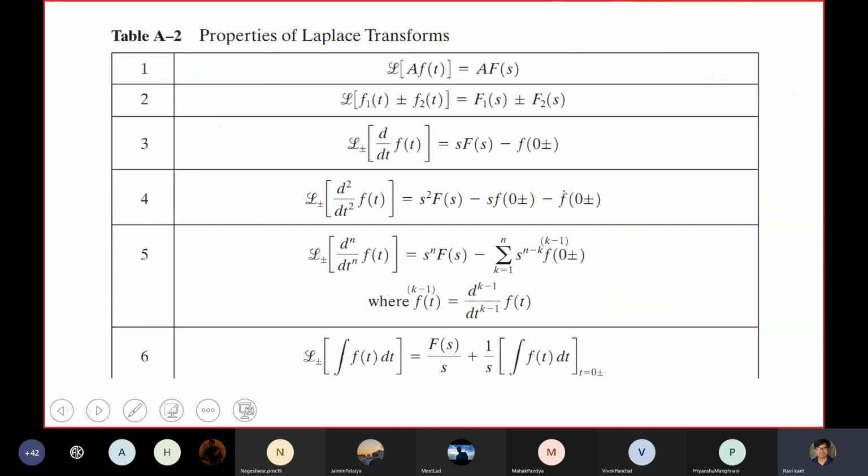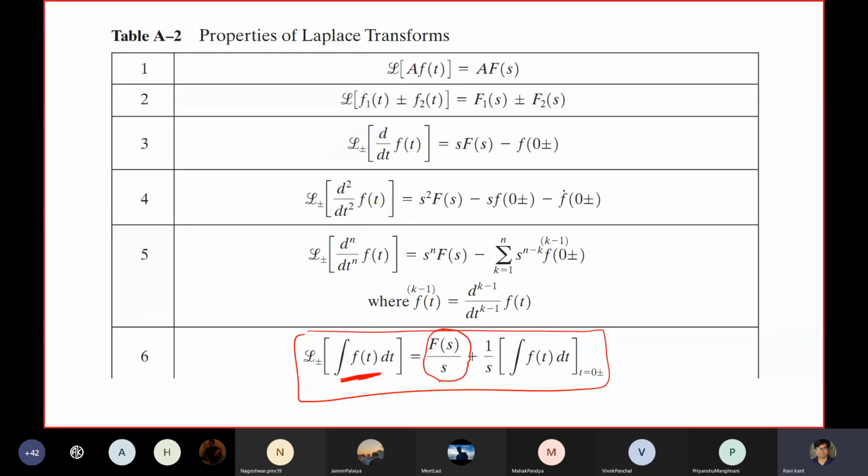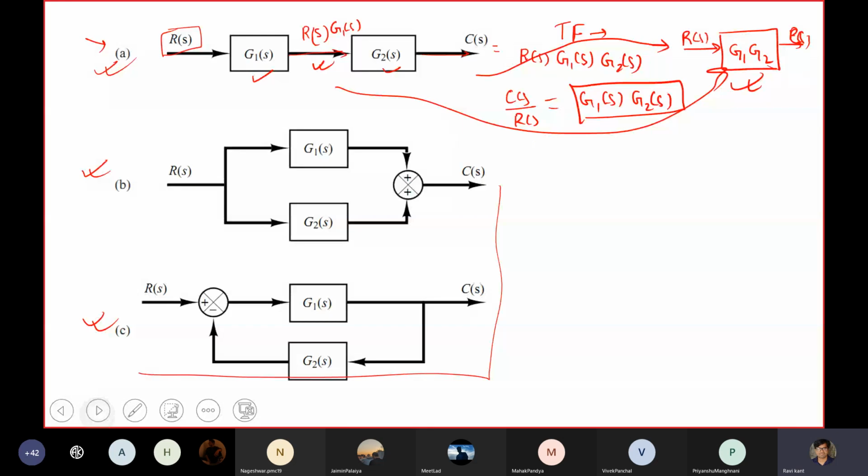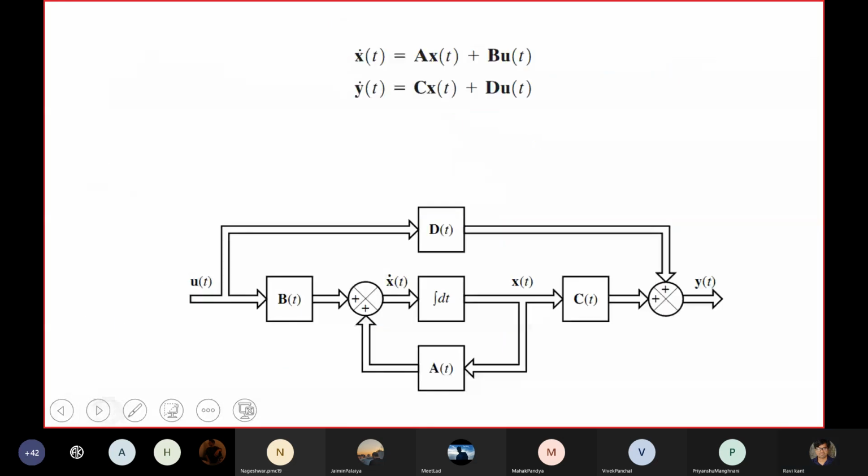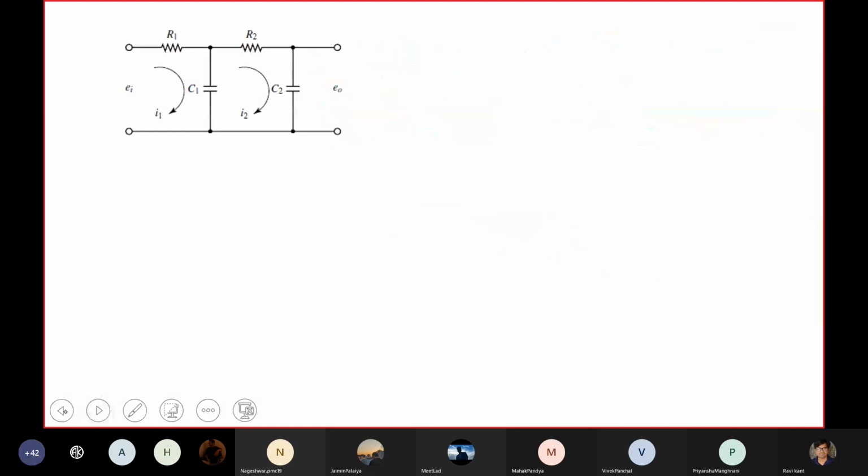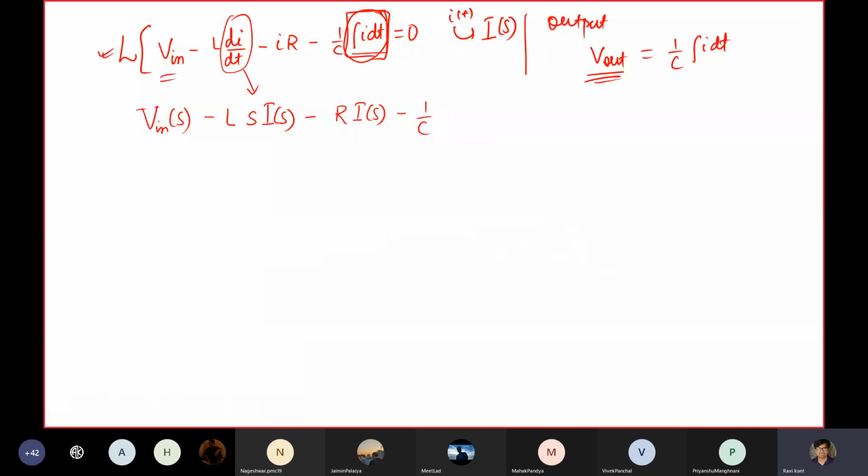Okay, here. So yes, we have it. This is the integration of the function whose Laplace transform is taken, and it came out to be F(s)/s, and this is the initial condition, so this goes to 0. So F(s)/s I can comfortably write. What is F(s)? It is I(s) divided by s, and this is equal to 0.